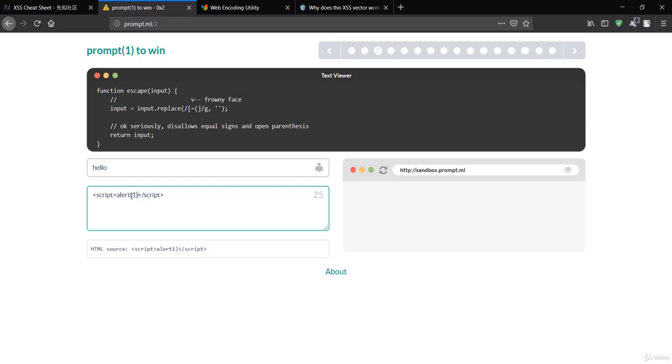That means we need to do some encoding to supply these parentheses. Here you can see this escape method has been called on whatever input it has, and it replaces this opening parenthesis with an empty string. That means we need to encode this opening parenthesis.